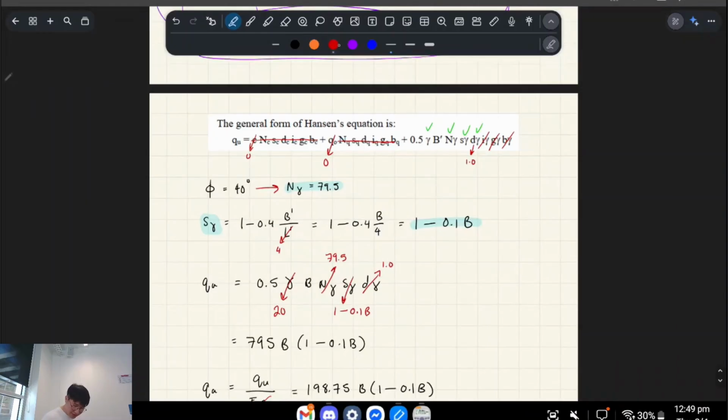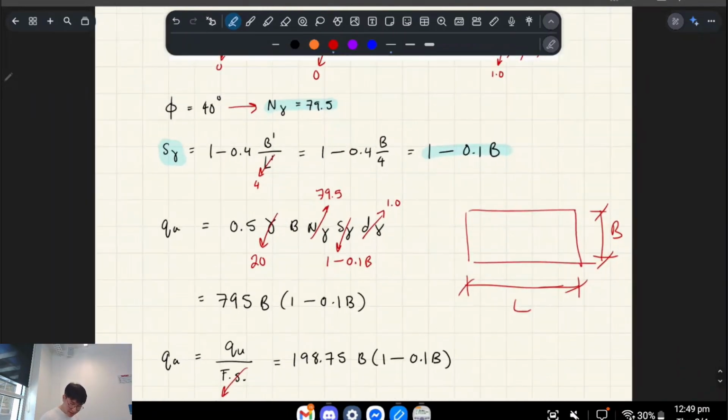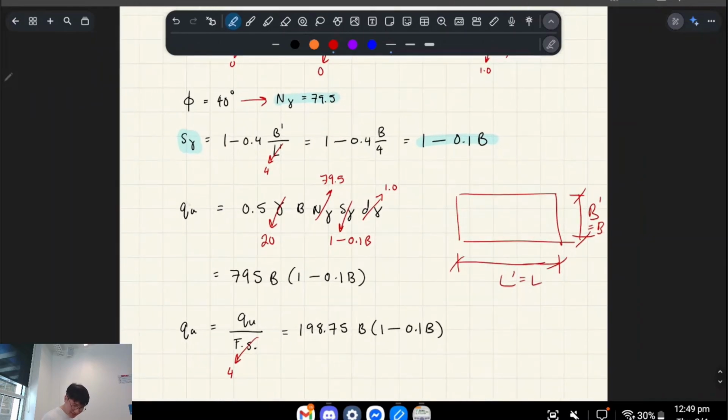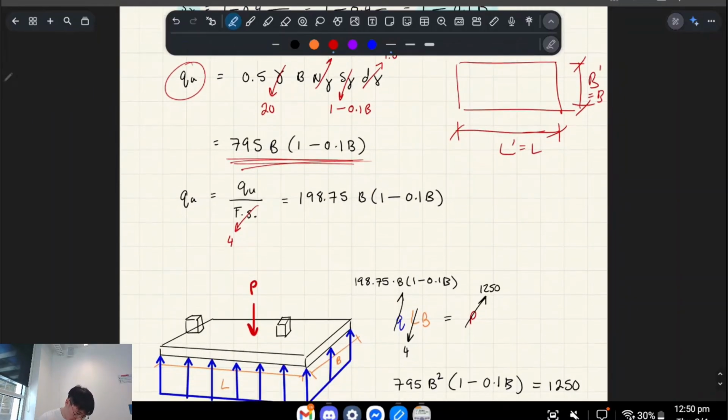You're basically treating this like a big rectangular footing, right? So you're still treating this as L, still treating this like B. And there's no eccentric loading, so L dash is equal to L, B dash is equal to B. And then you basically get your, what do you call this? Your bearing pressure, your ultimate bearing pressure as a function of your width, right? And then you can work out width